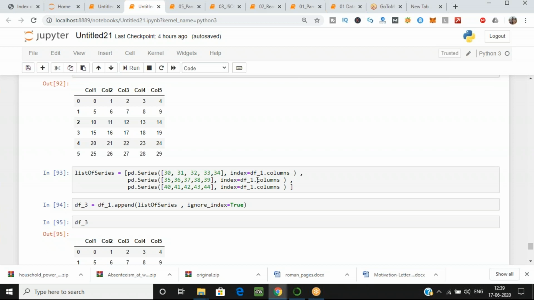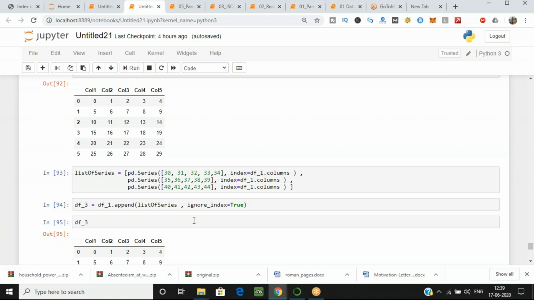So this I have used for adding multiple rows. And again, I have taken another data frame and I'm using the append command for adding multiple rows. So same data frame 1, I'm using the append command and I'm just passing the series over here. What it will do is first give your data frame 1, and after that it will append my series, that is my multiple rows. And here also you have to provide ignore index.